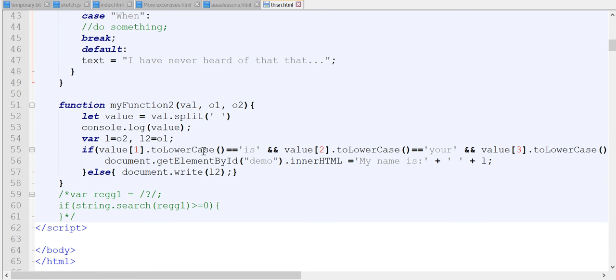If this is equal to this, you compare it. The value in index 1, is it the same thing as X? The value in index 2, is it the same thing as your? The value in index 3, is it the same thing as your to lowercase is value to,